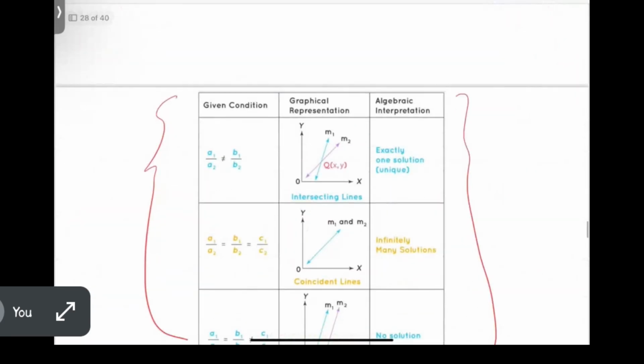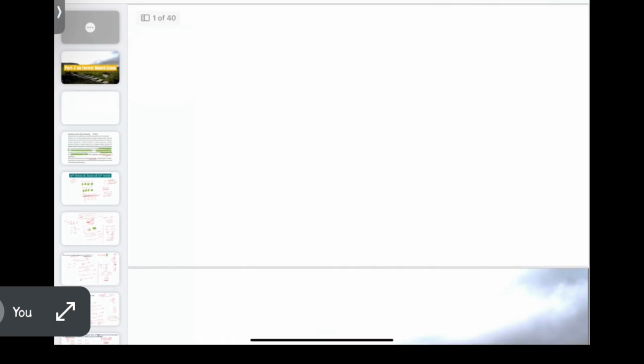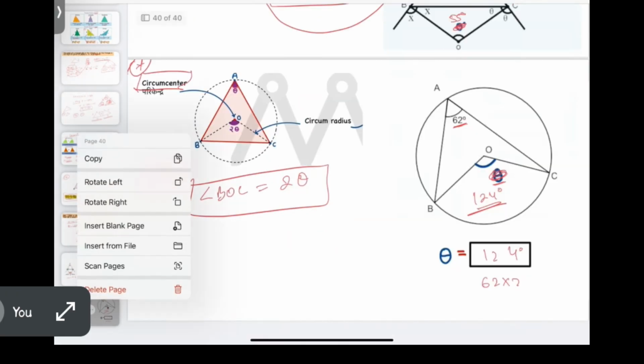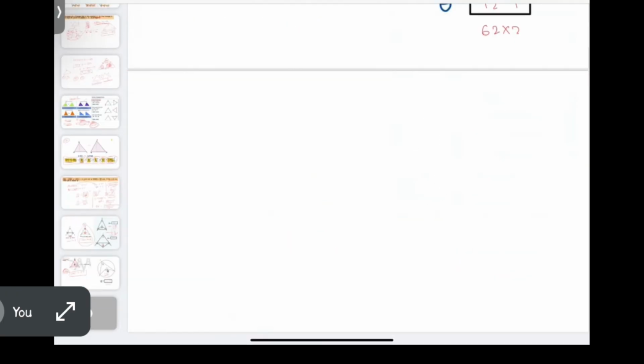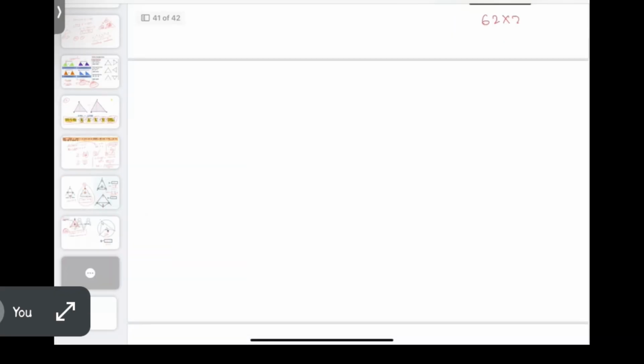Triangles, did I discuss everything? I'll just discuss one more thing and we'll wrap up here for the night. Triangles, because looks like most of the syllabus given in the forest guard exam is based on class 10 syllabus, so I cannot miss this one out. If you can remember this,